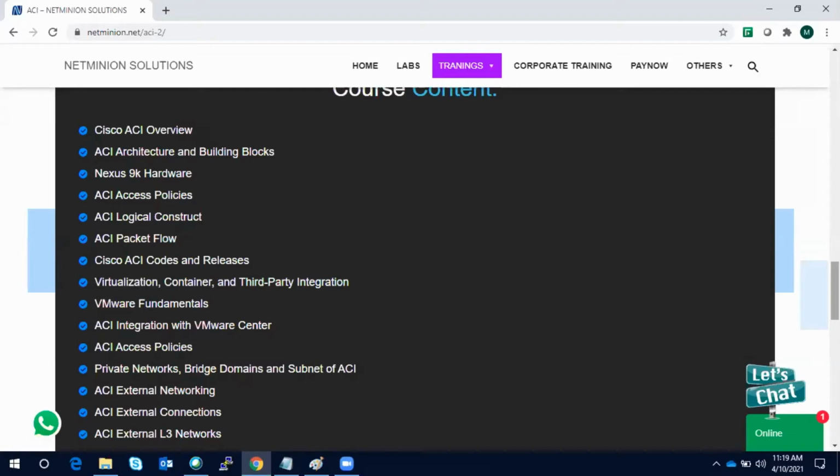So multi-pod, multi-site introductory sessions I will explain to you, so that you can also have a fair idea about what is multi-pod and what is multi-site actually. All our lab course and workbook is based on version 4. Our lab is also based on that version, so you have to practice on that version. Any addition, plus or minus, we will see.